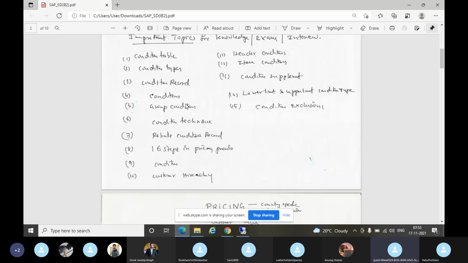No issues. Okay. So write down conditions, pricing important topics. First, you write condition technique of pricing. That's all. Then condition, group condition, condition scales, header condition, item condition, then condition exclusion. Write down all these things.